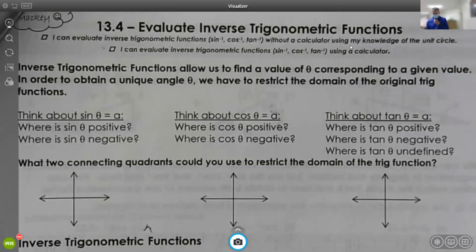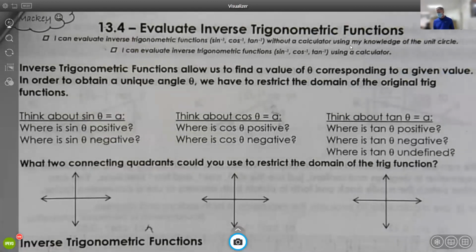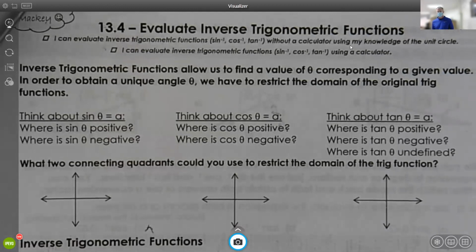This is Algebra 2 with Trig. Working on section 13.4. We're going to evaluate the inverse functions. We're doing this with the unit circle. A few things we want to think about